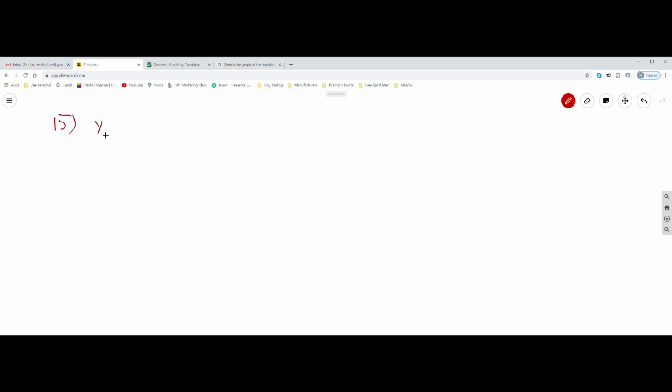So y equals x squared minus 3x plus 1. So we would, and the points are 3 and 1. So you have 3 plus x squared minus 3 plus x plus 1